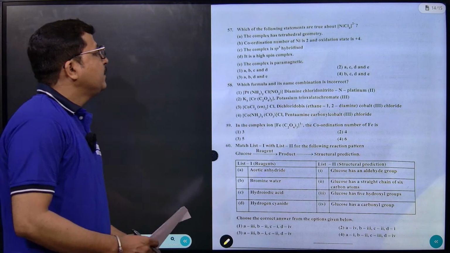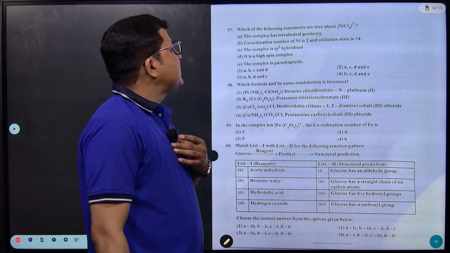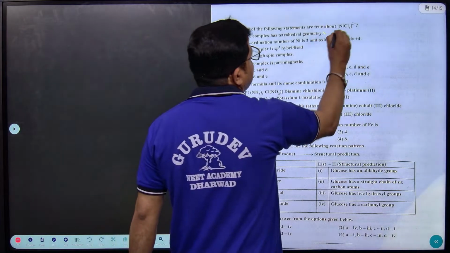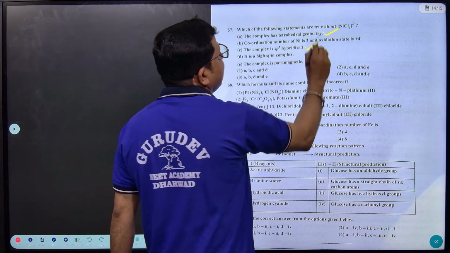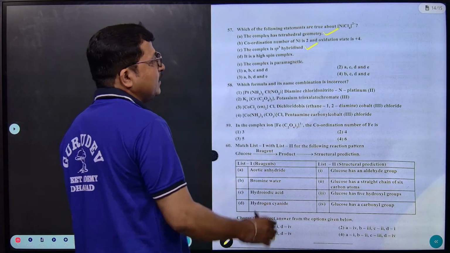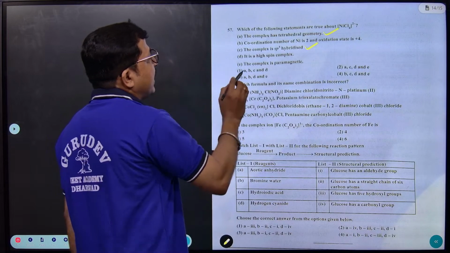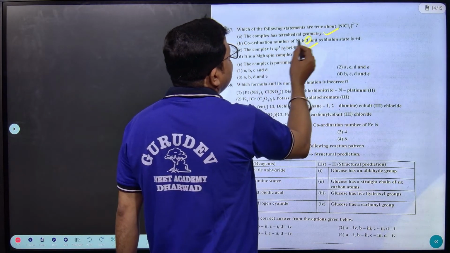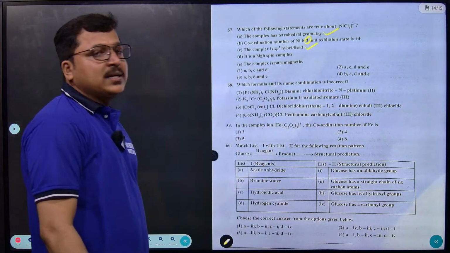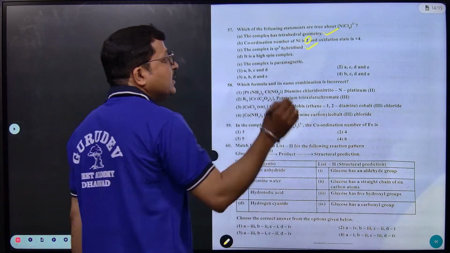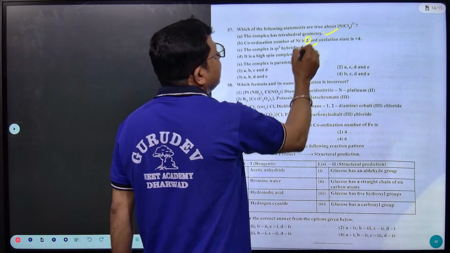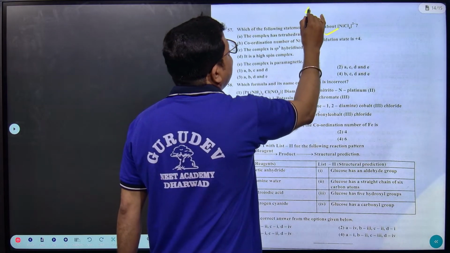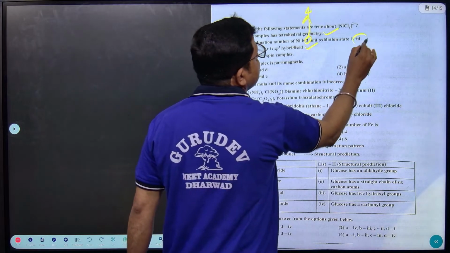And 57, which of the following statements are true about NiCl4 2-? It has a tetrahedral geometry because it is sp3 hybridized. And the coordination number of Ni2+ statement is wrong, because the central metal atom is coordinated with 4 Cl atoms. Hence the coordination number of the central metal atom is 4 and the oxidation state of nickel is +2,